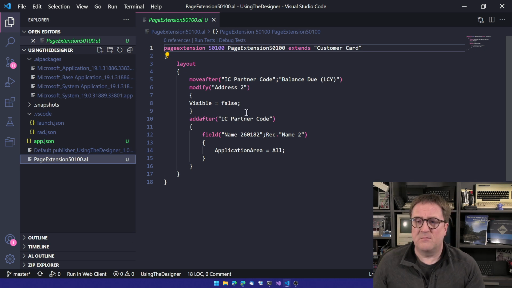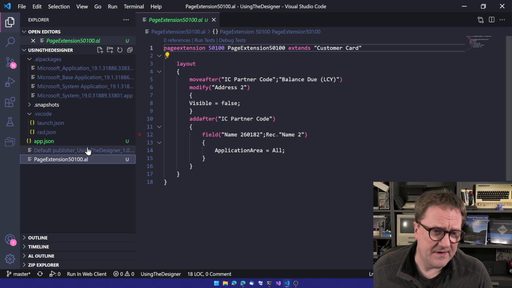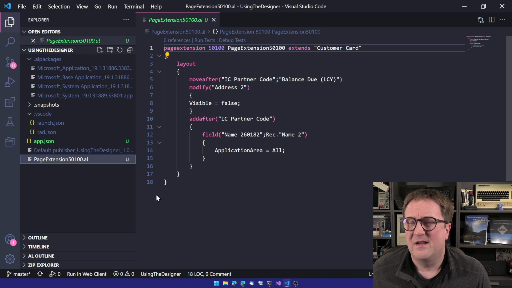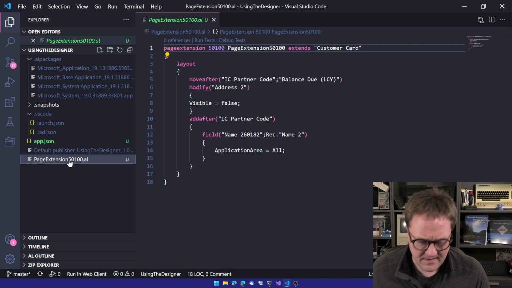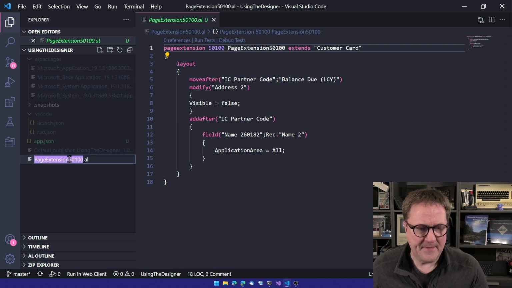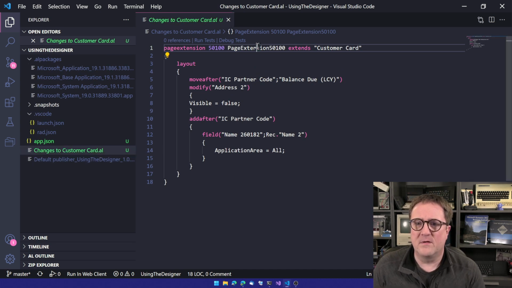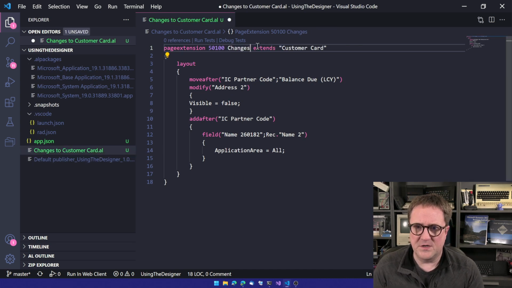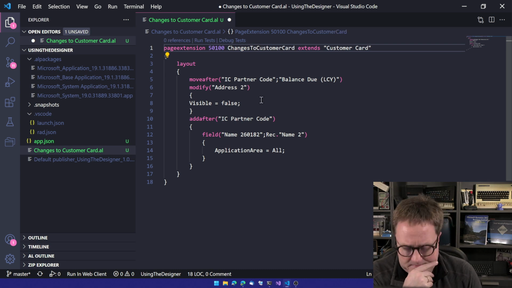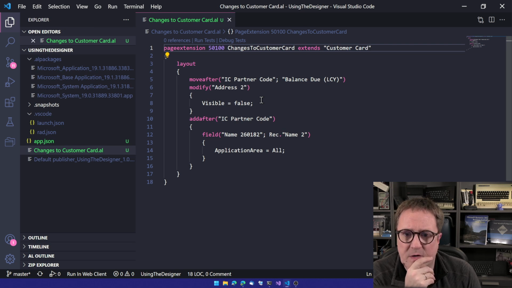Okay, so now it wrote the code, but you see, page extension, the naming convention here is not good. So let's change this to changes to customer card. How about that? That's a good name. And we'll just do changes to customer card here. That's pretty good, but